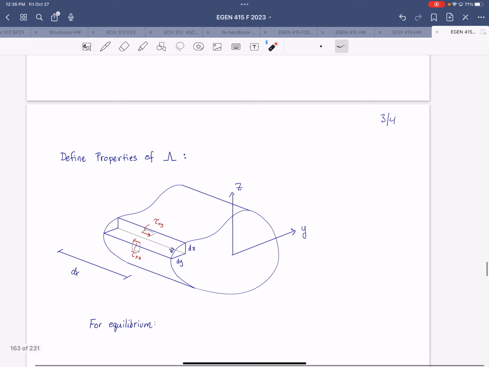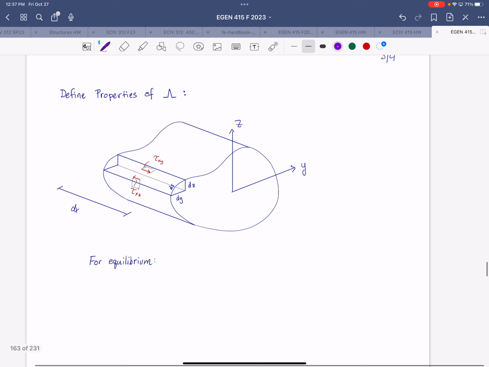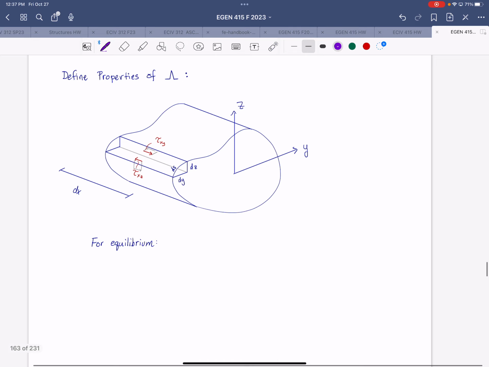So for equilibrium, we know that the exposed forces on those faces are going to be the integral of the shear stresses over the area over which they act. So we're going to use that information and apply equilibrium. So the shear stress in the x direction on the y face, which is this one, times the area over which it acts, which is dz times dx,